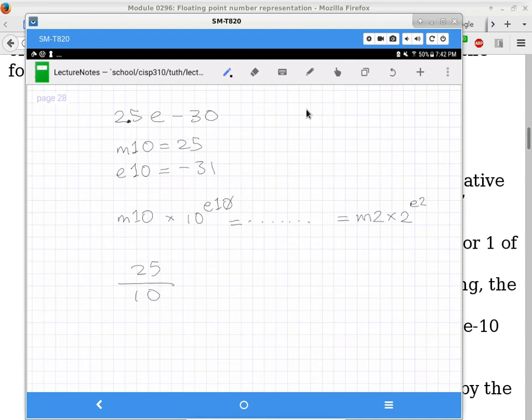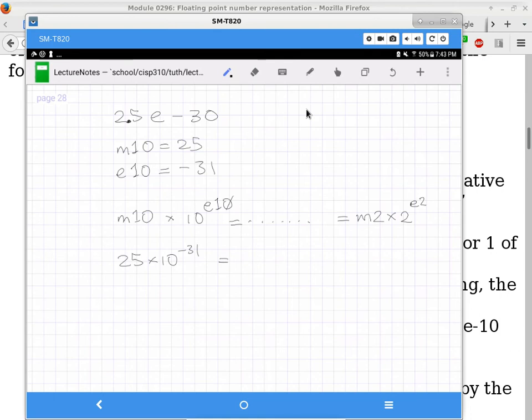Let's try something like this. I'm going to erase what I just wrote here, and we'll say we have 25 to begin with. Let's multiply by 2. In other words, I'm re-expressing my number. Let me go back and explain what I'm doing. My number currently is 25 times 10 to the power of negative 31. I want this to be something times 10 to the power of negative 30. But I don't want to lose precision. Is that okay? So I still need to do a division by 10.